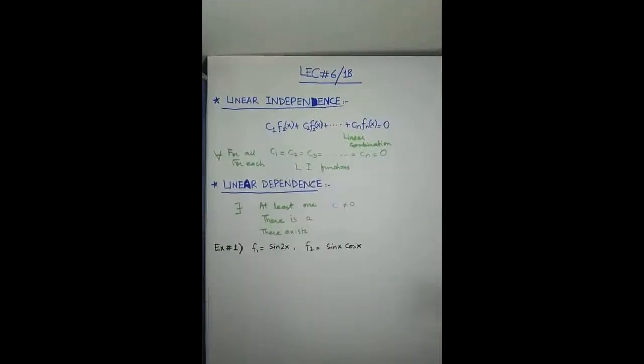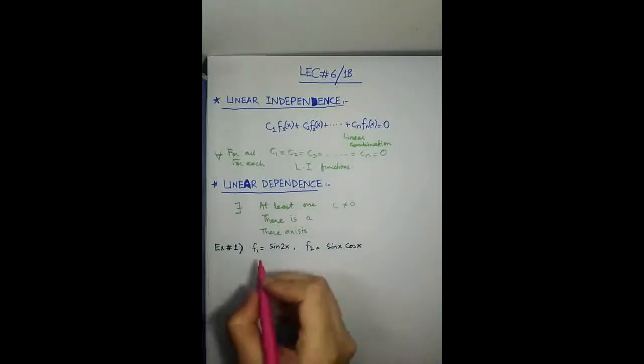Okay, here is the example. There are two functions f1 and f2. f1 here is sine of 2x and f2 here is sine of x into cos of x. Basically f1 means f1 of x and f2 means f2 of x. So first of all, what we do, we just write the linear combination of it, and linear combination is